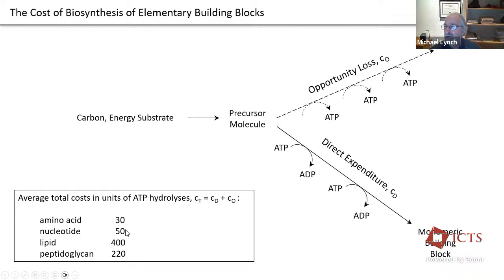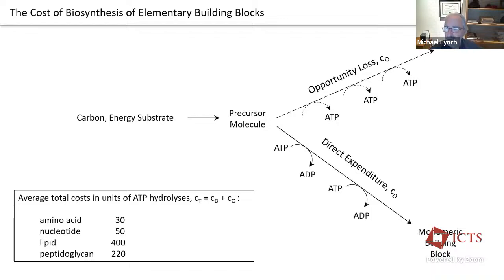Nucleotides are a bit more expensive than amino acids. The biosynthetic cost of a nucleotide, on average, there's 4 flavors, of course, and we'll see they're quite similar to each other. It's about 50 ATPs. Lipid molecules, which we make our membranes out of, those are quite expensive. So you want to be careful about not over-investing in lipids if you don't have to. And then just as one more example, peptidoglycan. This is a complex of molecules that bacteria make their cell walls out of. And the subunits of peptidoglycan are also quite expensive.